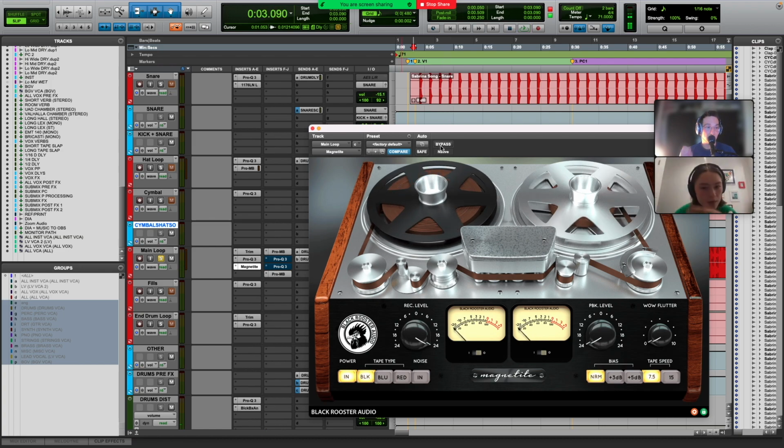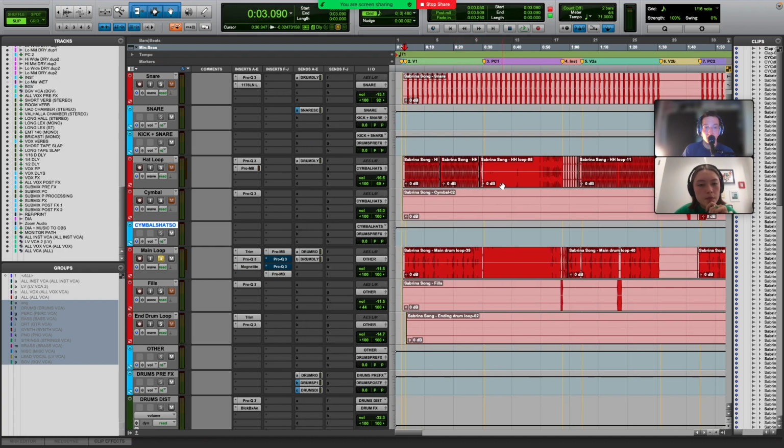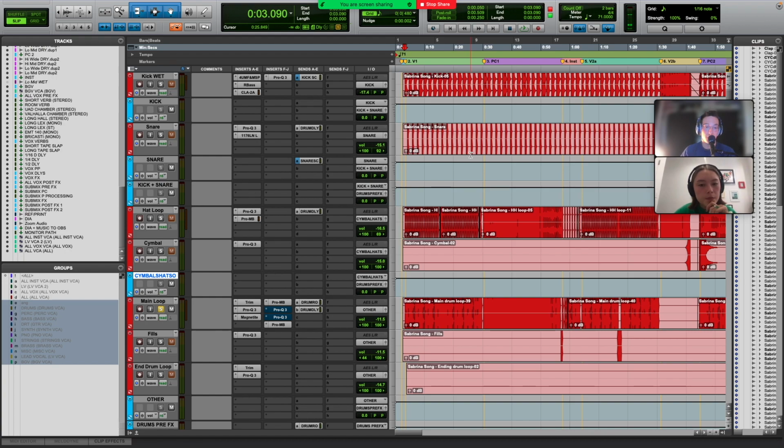You can hear that kick drum just kind of splatting a little bit more. So that's that. And then, going back to this program versus sampled stuff, you have this kick and snare that are very just...